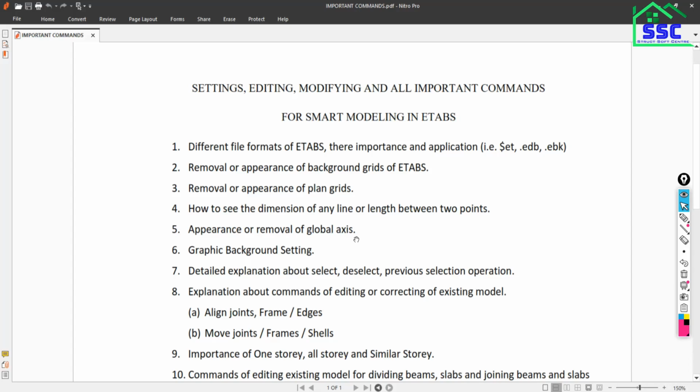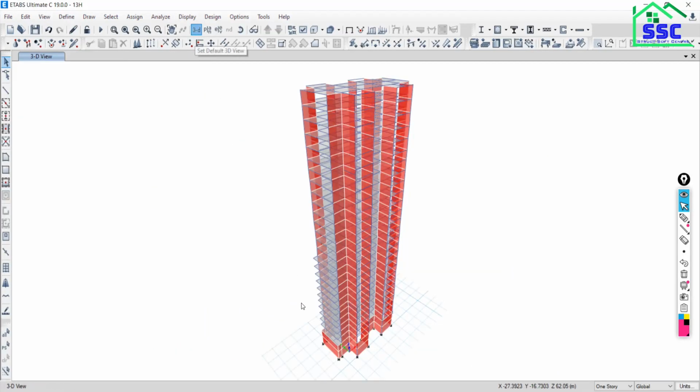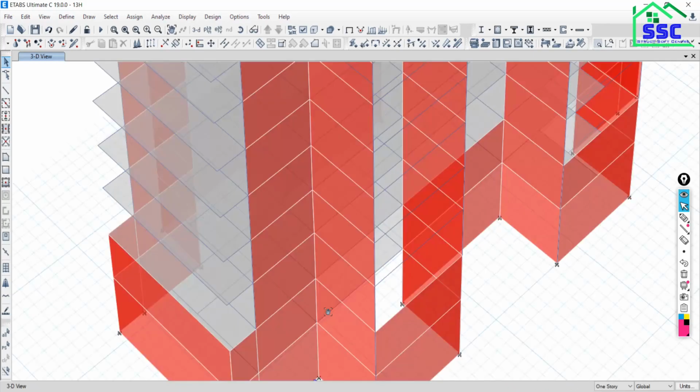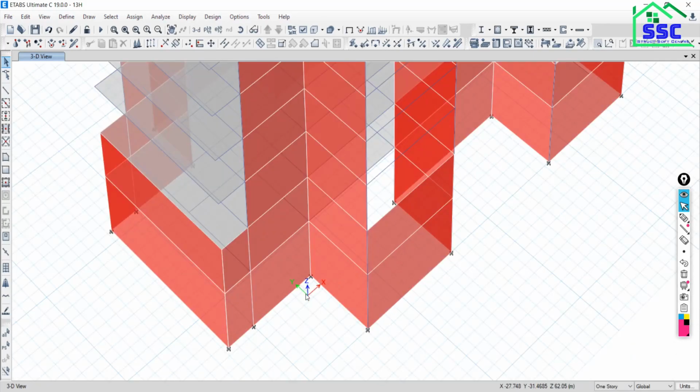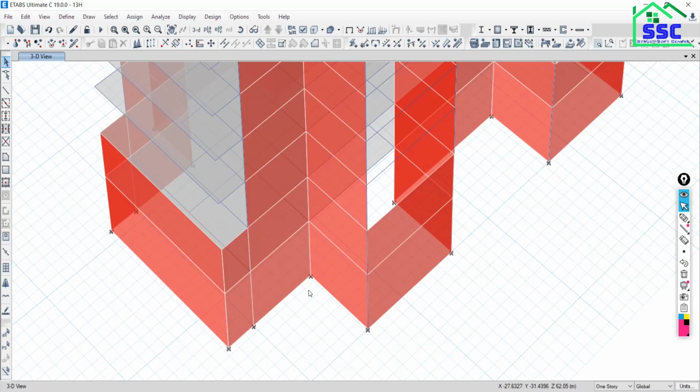Appearance and removal of the global axis. This I have also shown. Just go back and just close this and go to 3D view. See, this is the global axis that is actually available here. So if you want to see this global axis, let it be. And if you don't want to see this in view, just go to view and click on show axis. Just click over that, so this will be removed.